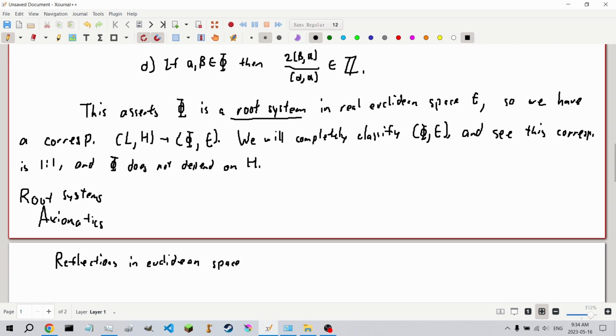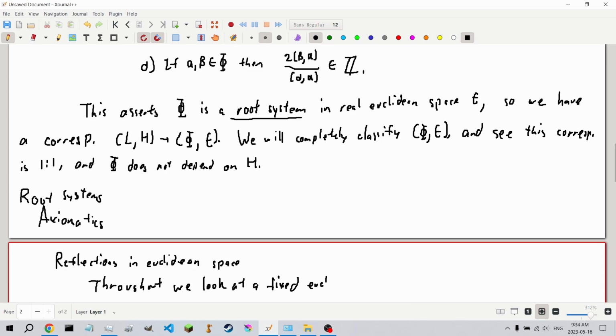Throughout, we look at a fixed Euclidean space E, which is a finite dimensional vector space